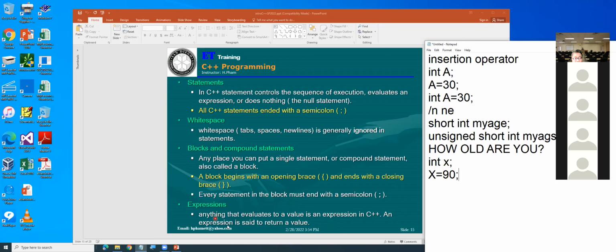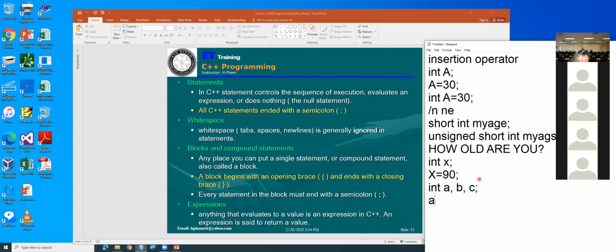Expression: anything that evaluates to a value is an expression in C++. An expression is said to return a value. Now, how much do you understand that? I can say integer A, B, C. Okay?